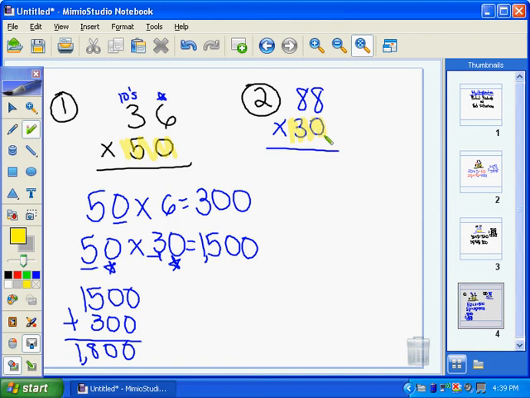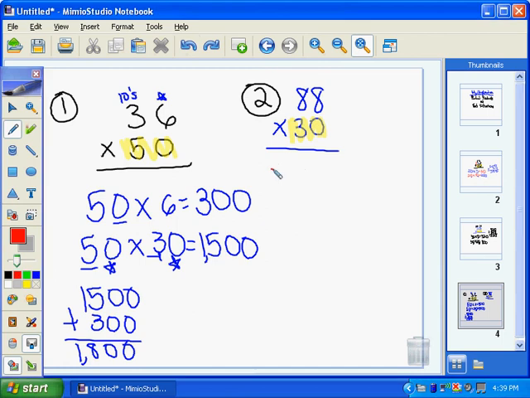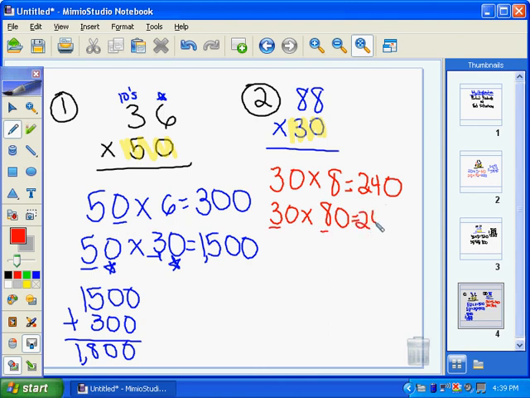Okay, on our second problem, we're going to again use our bottom number, 30. We have 30 times 8 and 30 times 80. So 3 times 8 is 24. 1 zero, no problem, so we get 1 zero in our answer. 3 times 8 again is 24. But this time we have 2 zeros, therefore we need 2 zeros here. So now we have 2,400